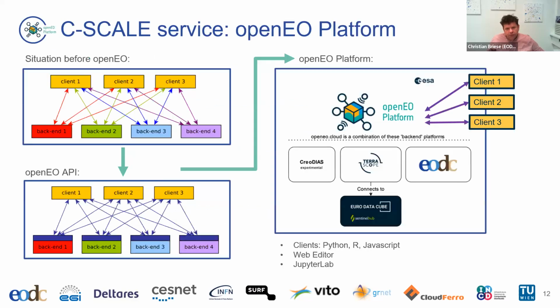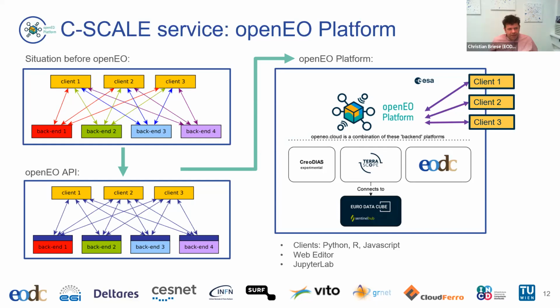Then OpenEO Platform. OpenEO is an activity that has been developed within a Horizon project on its own, where the aim was to provide different clients and users a single API to access the different backends. So the story is initially you had to adapt to each backend, and you had to use different APIs in order to communicate with the infrastructures behind. With OpenEO, the intention was to have one language that is understood by all the different backends, by an additional layer on top of it, as visible in that figure,